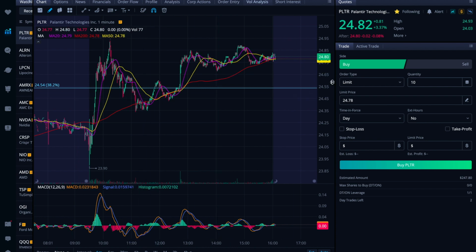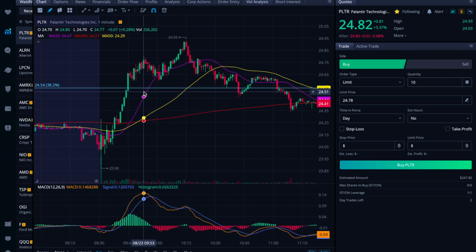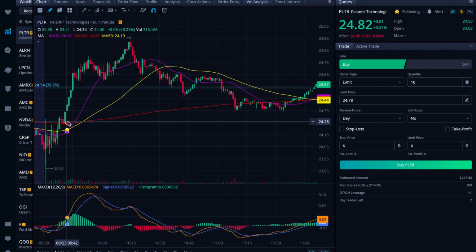So Palantir had a nice day today, up almost 3.5%. A really good day for playing MAs in conjunction with the MACD. So you see MA throwing bullish signals here as it had a bullish crossover, the 20 crossing over the 50,